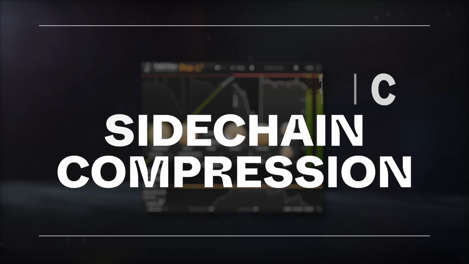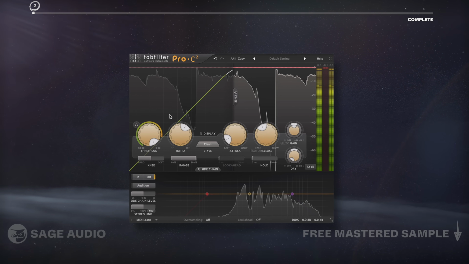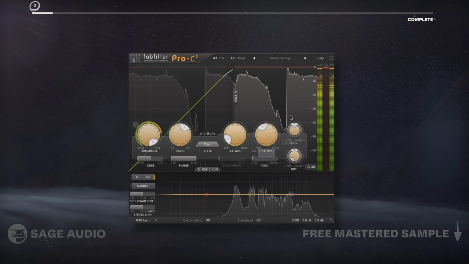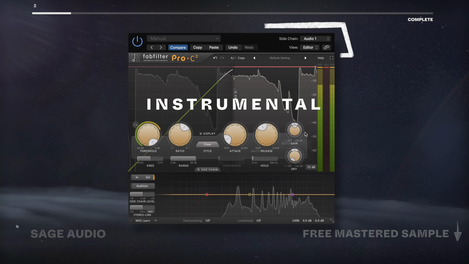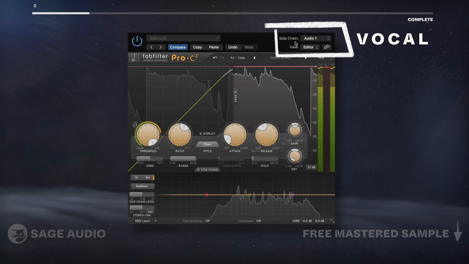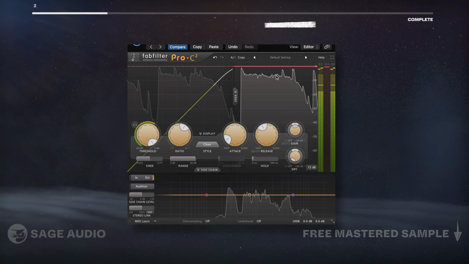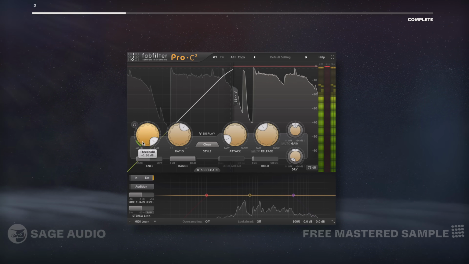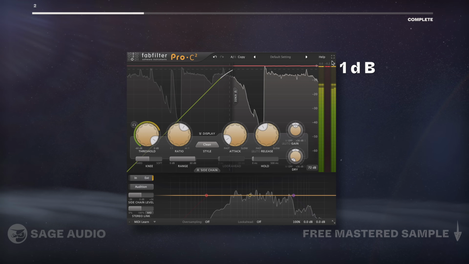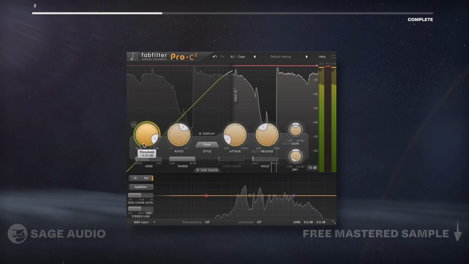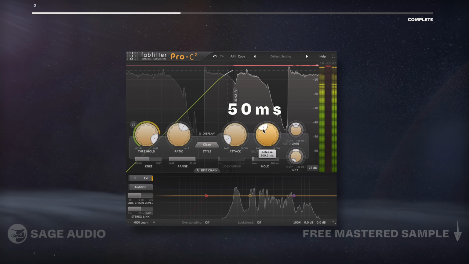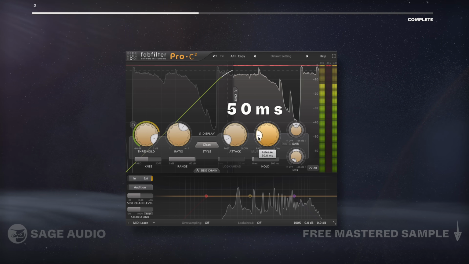Frequency-specific sidechain compression. To make the vocal be dynamically separated from the beat, we can place a compressor on the instrumental and set the external sidechain as the lead vocal. Now the beat will be attenuated whenever the vocal is present, but be sure to achieve only about 1 dB of attenuation at most. Additionally, use a release time of 50 milliseconds to return the beat to unity quickly without